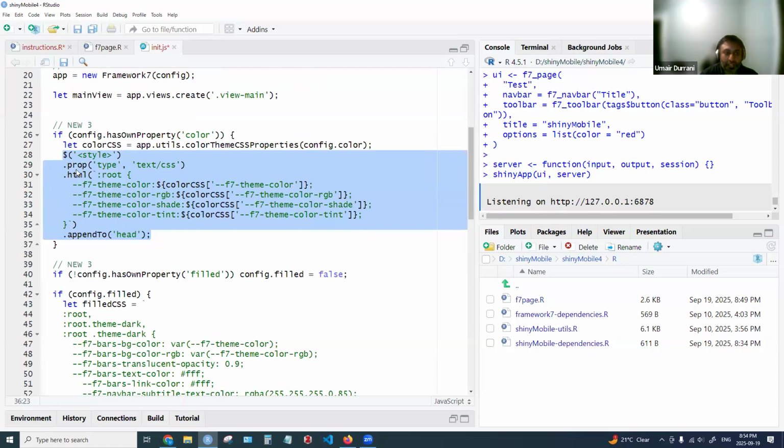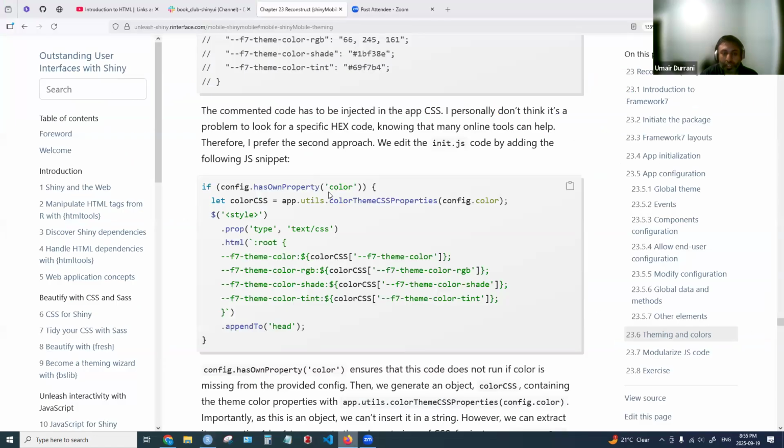So the first thing that's happening is within the HTML section, we have a root, and within root, we are providing all of this for providing the colors. Remember, this is happening within the style tag, which you can do within the HTML. So that's what they're doing here. F7 theme color will be the theme color coming from color CSS, which we have created above based on config.color. So as we saw here, if we provide